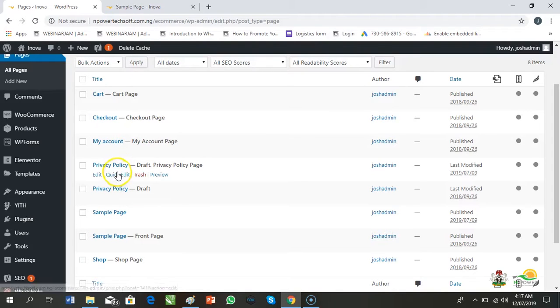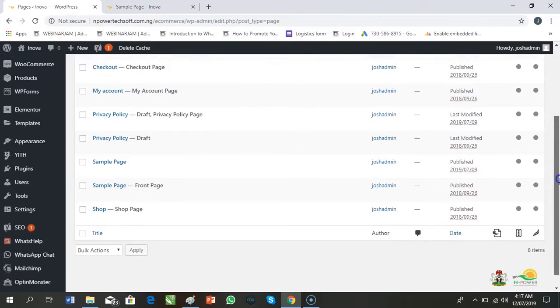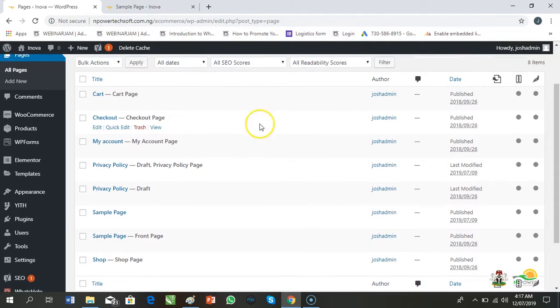So between these two privacy policy, one came with the theme and one came with the WooCommerce plugin. This sample page and sample page, it means one came with the theme and one came with WooCommerce. So basically, if you want to edit any page, you can do a quick edit or you can go for the full edit.